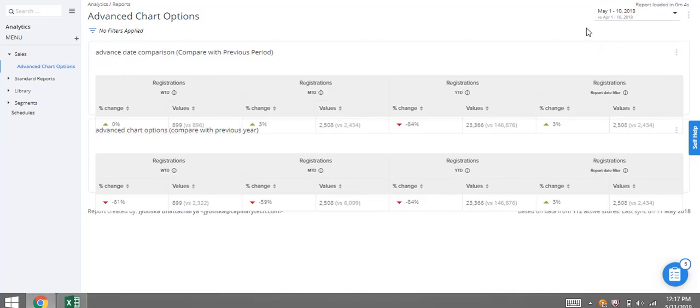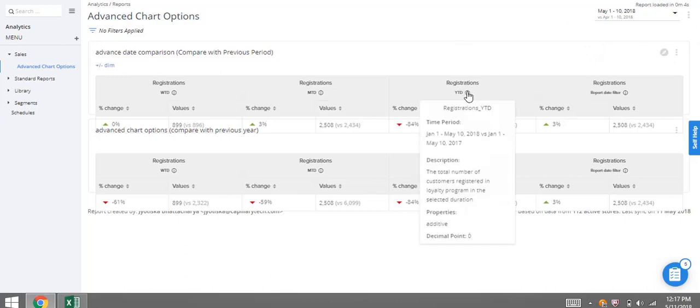So my duration here is just playing a role for the end date for the report, and various KPIs are working on their own. So the date duration and the comparison across these KPIs are all happening on their own, and the dependency is only on the end date. As I have told before, the end date is deciding what my WTD, MTD and YTD are. Similarly for YTD, even though my date range in the report is 1st May to 10th May, my YTD will be January 1st to May 10th, and the corresponding comparison will be with January 1st to May 10th of 2017. That is the previous period.